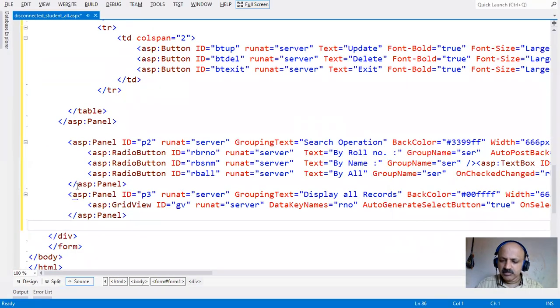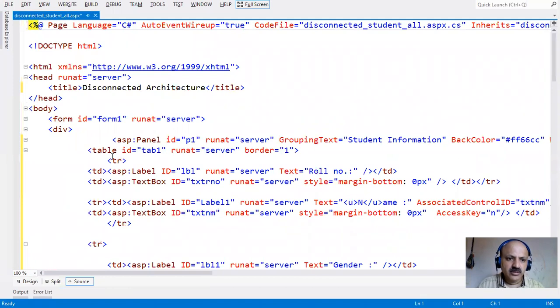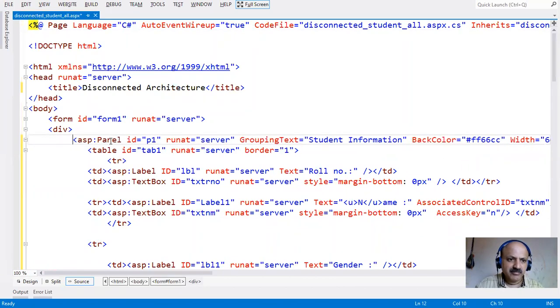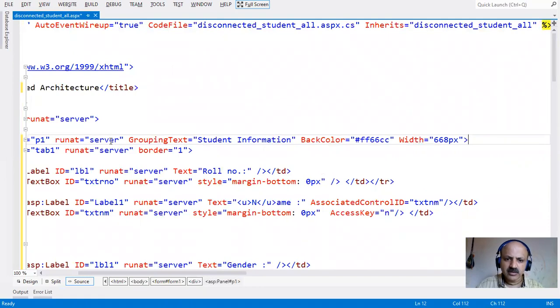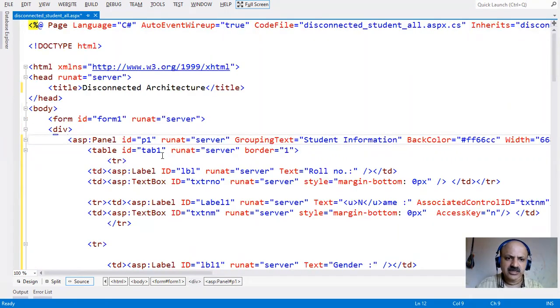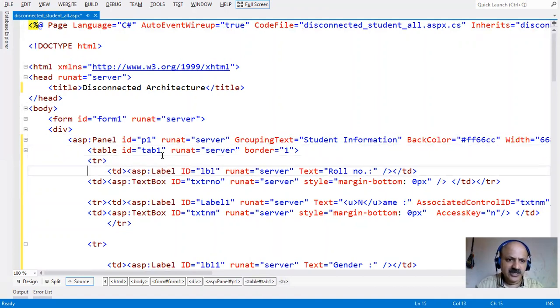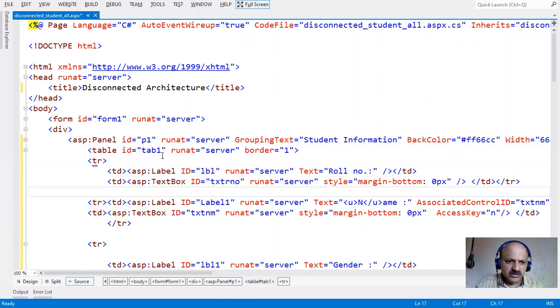All are well, but we can change some things. First I fix the panel alignment, and then all are okay, because we can also take disconnected student information, so we need not change it. You can also take employee information of that type. Here in the table there are tr and td, and all of them are used. So here txtrno is the id we can use in our coding part, and txtnm is the student name.